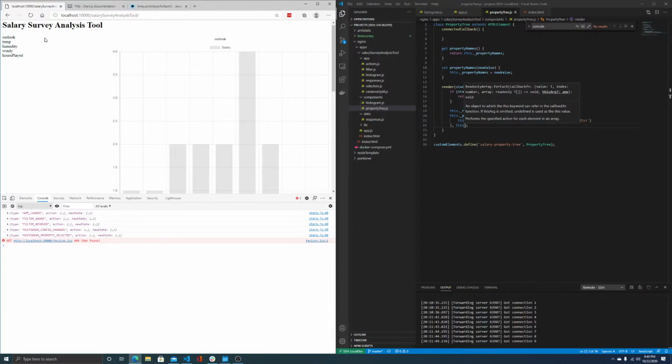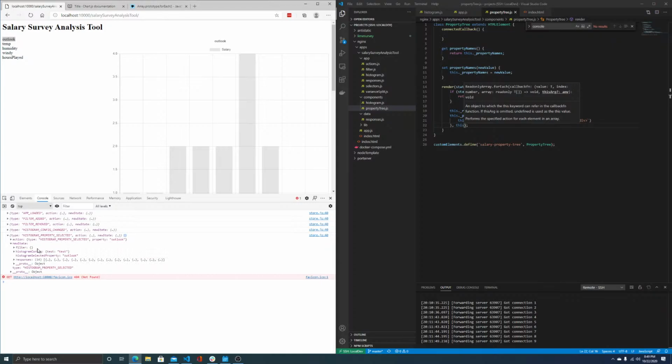So I need to be able to filter, and once filtered, I need to be able to split. So basically, I only need two actions on each of these properties. I need the ability to add it to my filter, and I need, or actually, wait a second, no. I need to know what values are available for each of these. What I have is not good enough. So basically, if you remember correctly, I've got this filter object, which